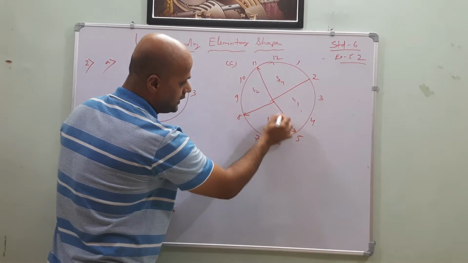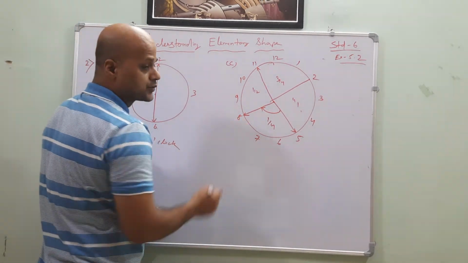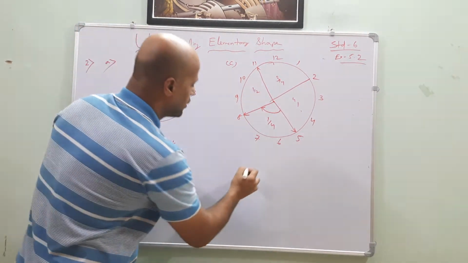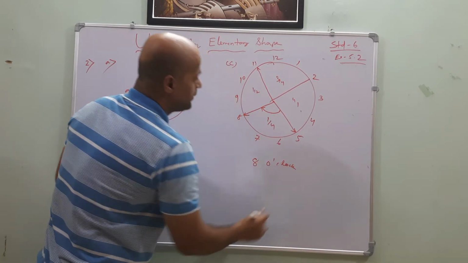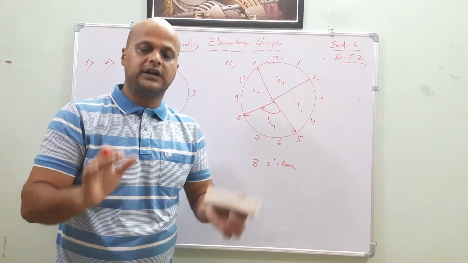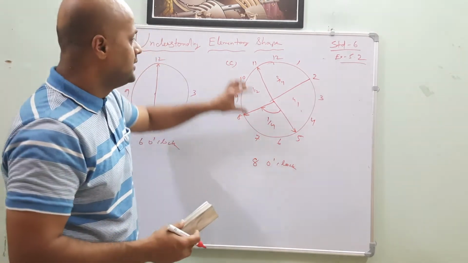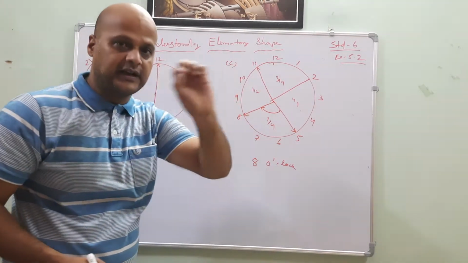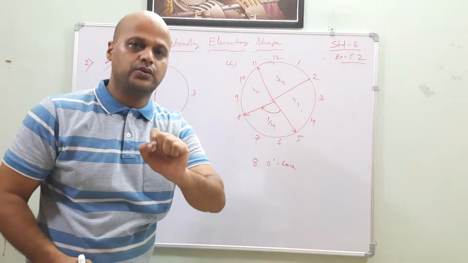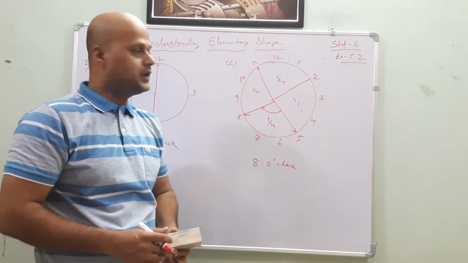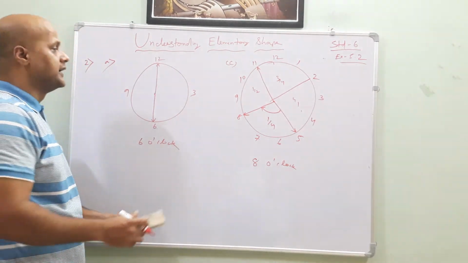Starts from 5 and it takes 1/4 revolution clockwise. It stops at 8 o'clock. 8 o'clock. Remember, always divide the clock into 2 halves so that it will be easily understood by you. But these lines you don't make dark, put a dot mark so that you can easily identify which one is the imaginary line and which one is the main line. Now these two examples you just understood. Yes, very good, my dear friends.